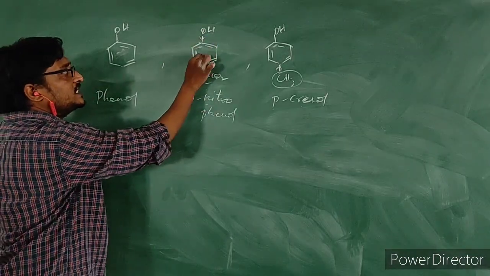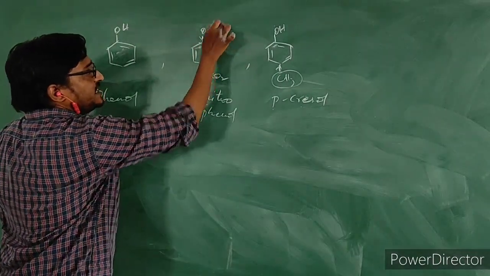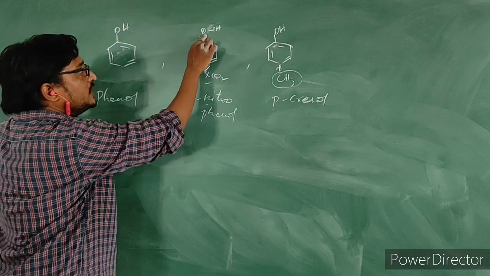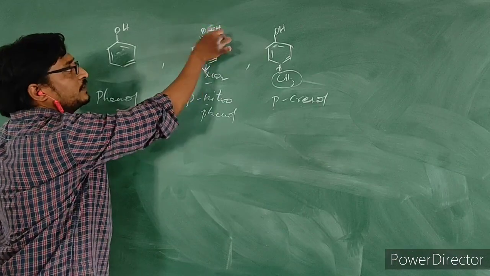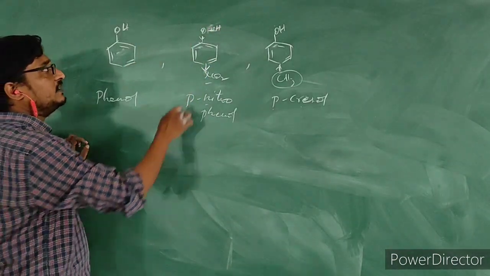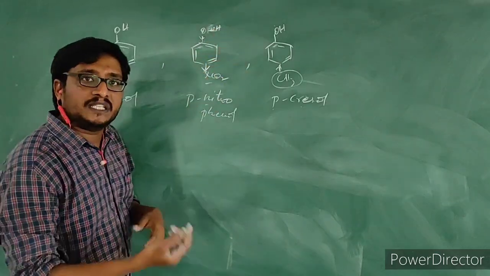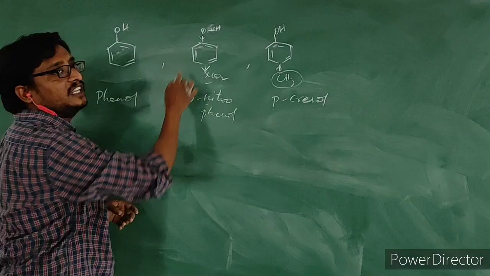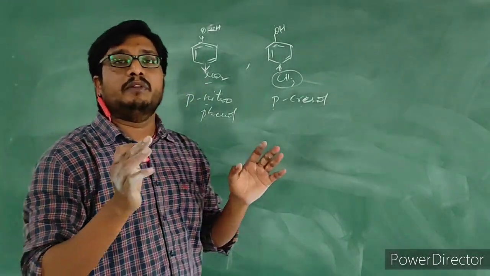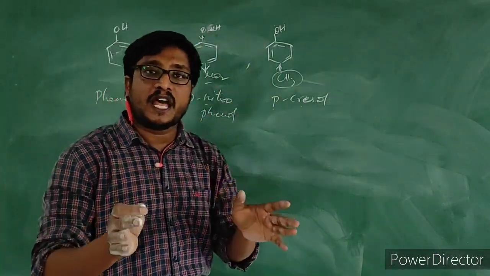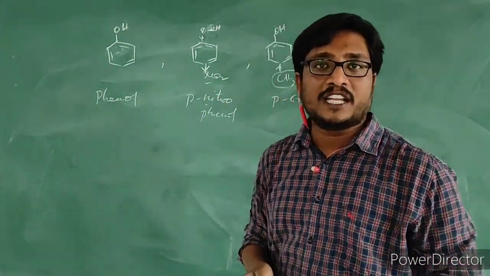When it pulls the electrons from the benzene ring, this benzene ring will pull the electrons from this oxygen. Then the polarity between oxygen and hydrogen will increase. Oxygen will have its effect more on the hydrogen, pulling electrons from this hydrogen, and the hydrogen will come out as H plus ion easily. So if electron withdrawing groups are present on the benzene ring, polarity between oxygen and hydrogen will increase. If polarity increases, the H plus ion can be easily given out. Followed what I said? Simple thing.